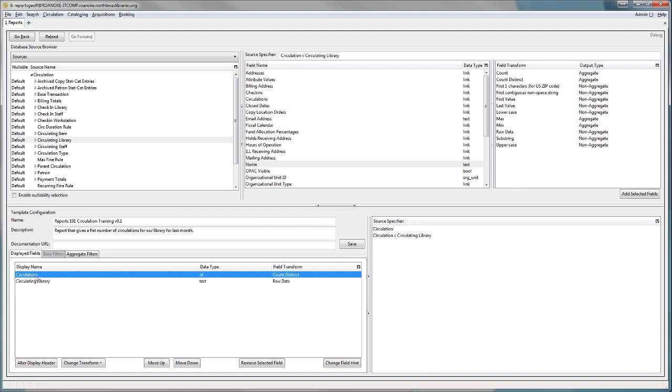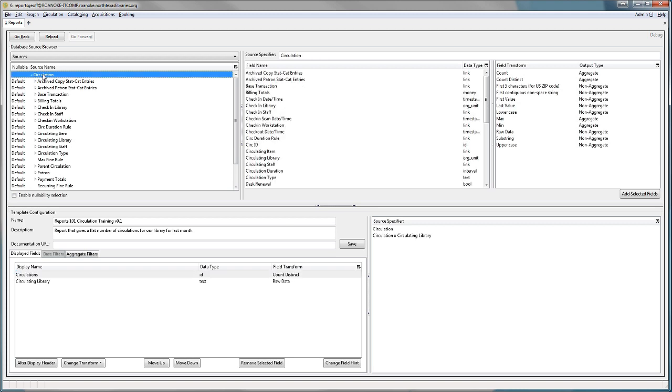Now, we've got our count of circulations, we've got our circulating library. The only thing we need now is some form of date to reference in our reports display. So if we come back to our first pane and click on circulation once more, we're going to have our